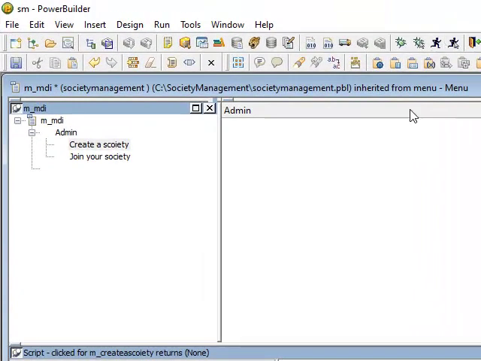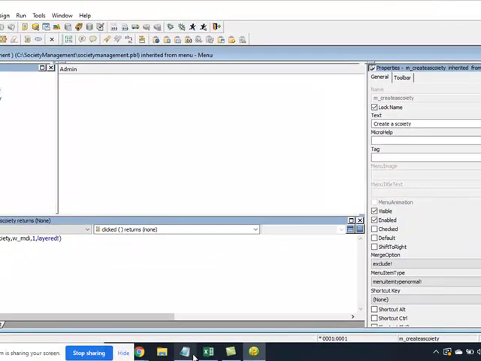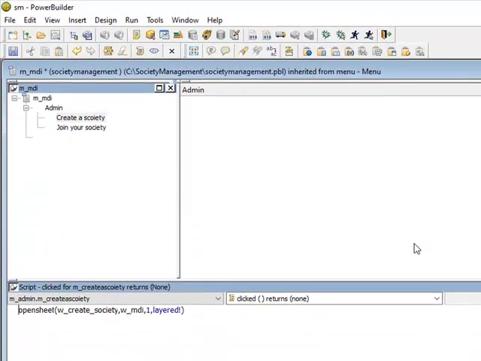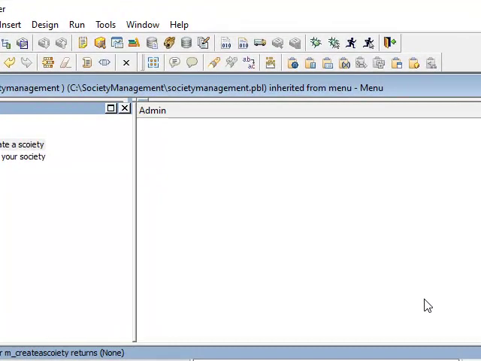Now, okay, so now let's design our login screen. We have designed it already, let's write the code. So what is that code? The code will certify whether I am a right user or not, right?